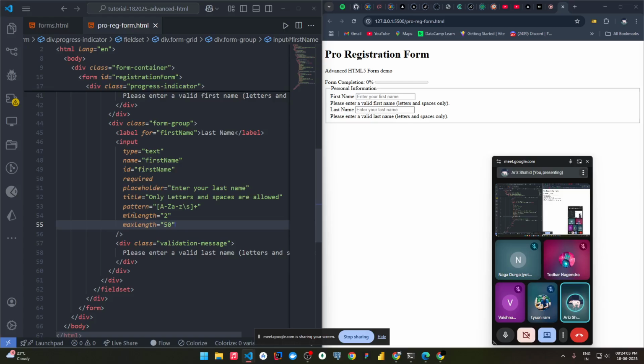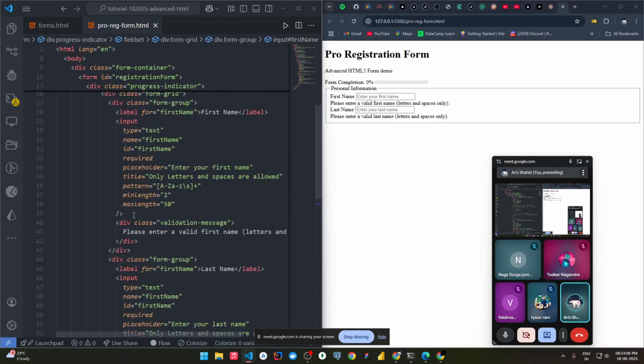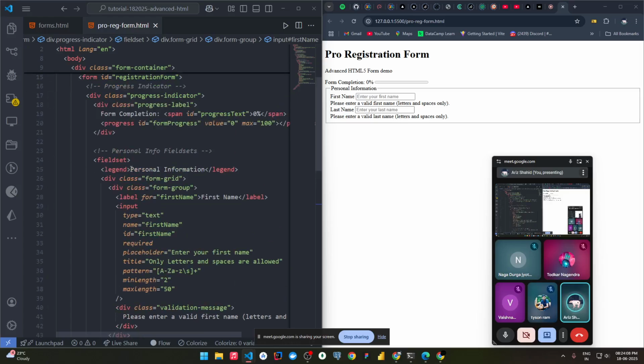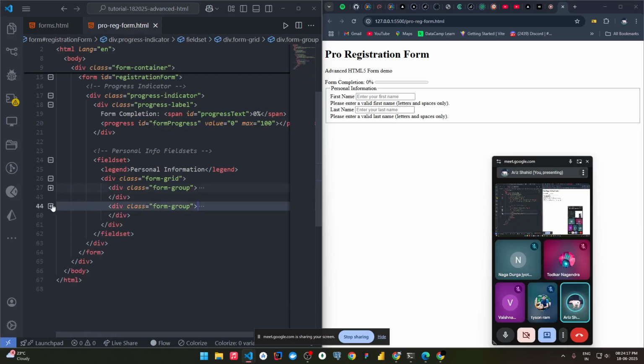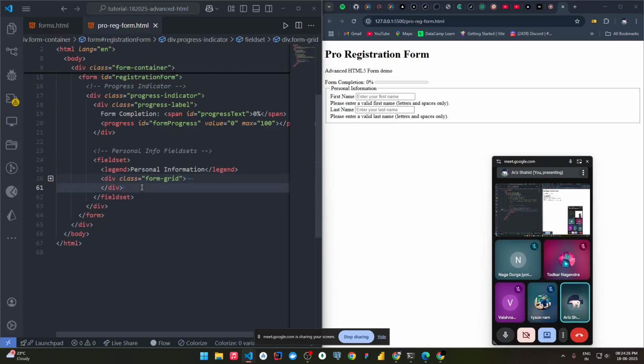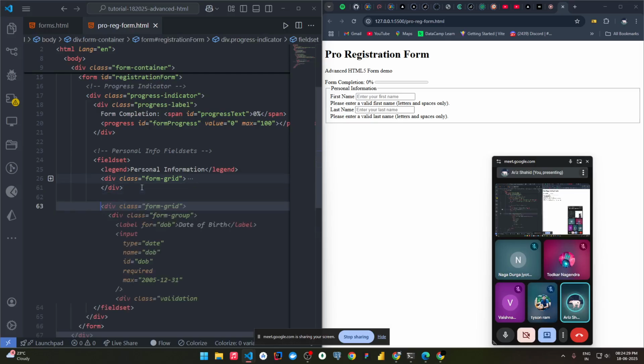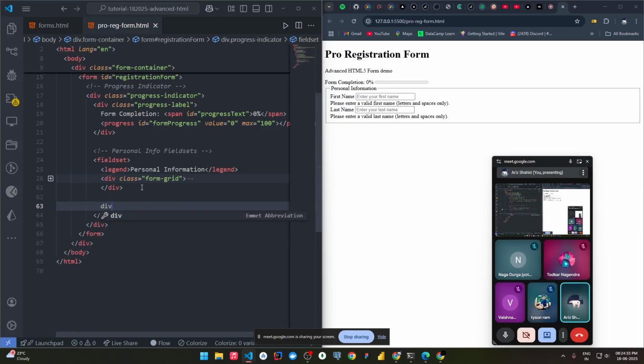So basically this part is complete, okay. What we are asking here is the personal information, okay, the first name and the last name. This part is complete, so let's collapse this part. There are 2 form groups, okay, and there is one form grid, okay. So let's collapse this. Let's create another form grid, div.form grid,